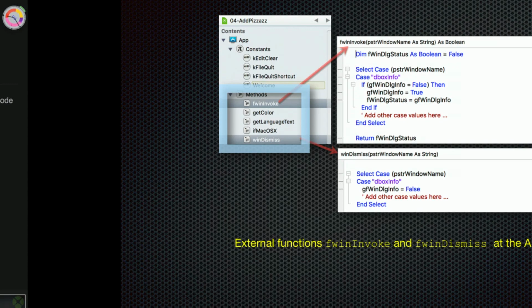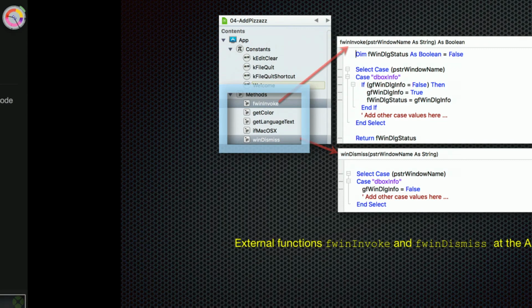It returns a false if that dialog box is already displayed, and a true if it's not. And the dismiss does the opposite. In this case, we're just setting a flag specific to that dialog box, so the next time you call fwin invoke and you already have it displayed,